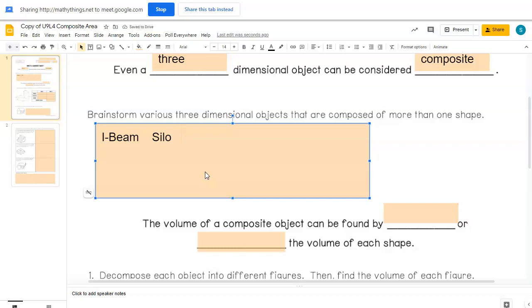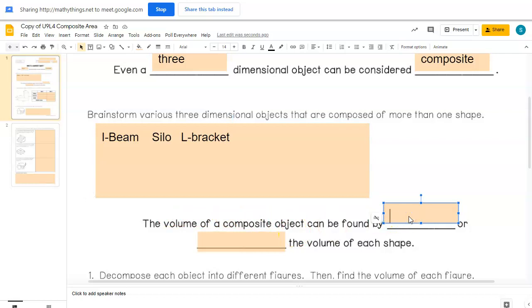Another possible shape might be, I don't know, like an L shape, an L bracket. It's made up of two parts. Each one is a prism, but they make an L shape. So you can think of lots of objects that are made up of a collection of simpler shapes. Now, the volume of a composite shape can be found by adding